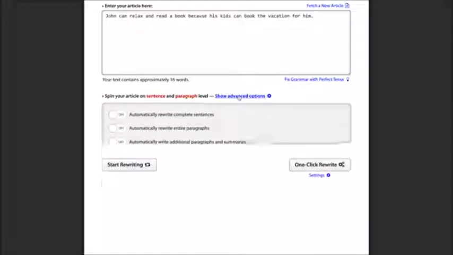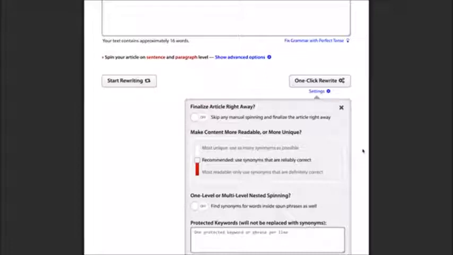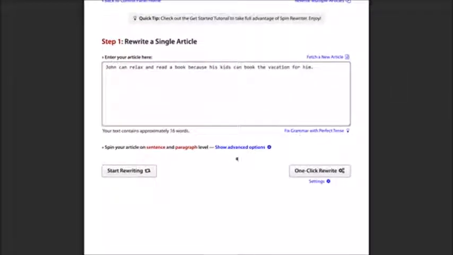And then we've also got the one-click rewrite settings, which tell Spin Rewriter what to do with individual words and phrases. This is how we tell Spin Rewriter if we want to use as many synonyms as possible for every single word, or if we only want to use the synonyms that are definitely correct, that Spin Rewriter is very confident about. So we've got 2 different sets of settings,